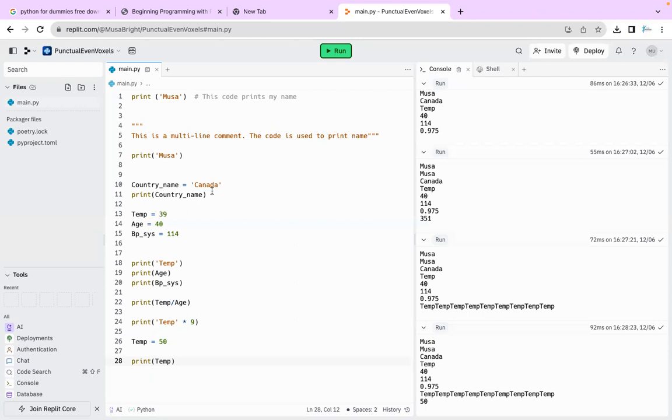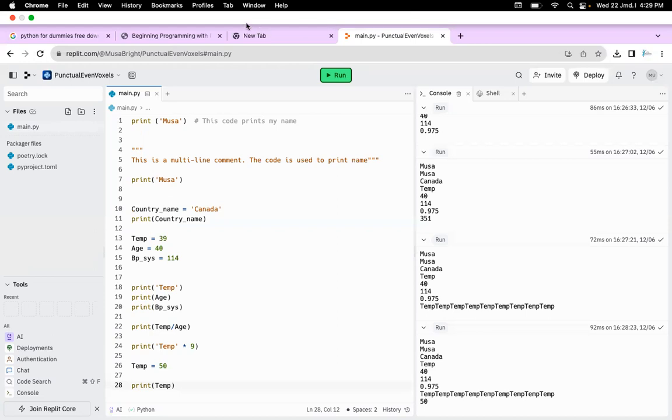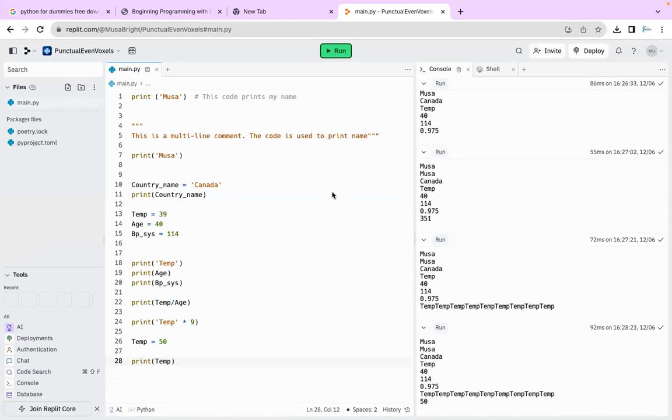They would not remember that once you've given something a value, if you give it another value, it would remember the new value and forget the old one. So this is why you should always be careful when you want to assign a value to your variables.